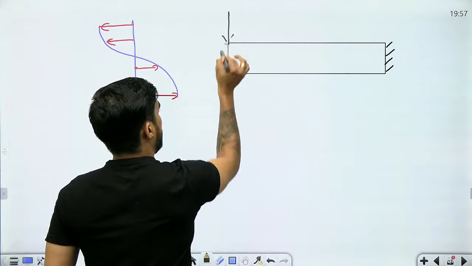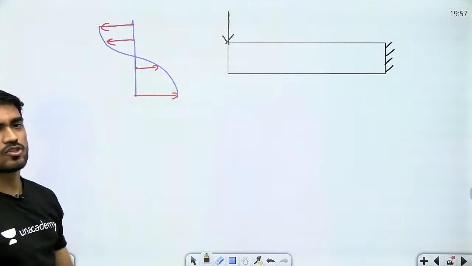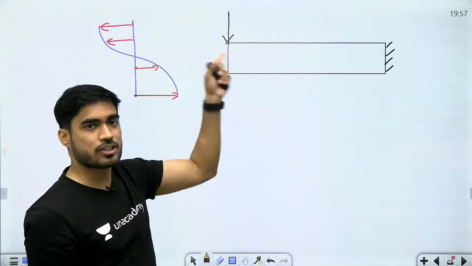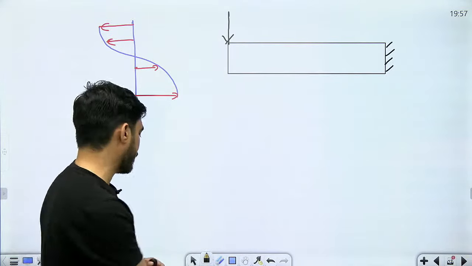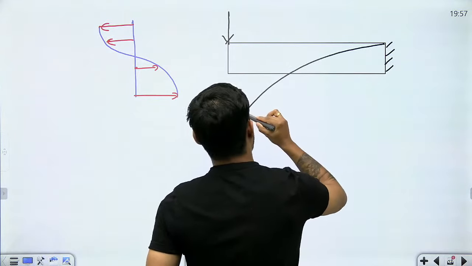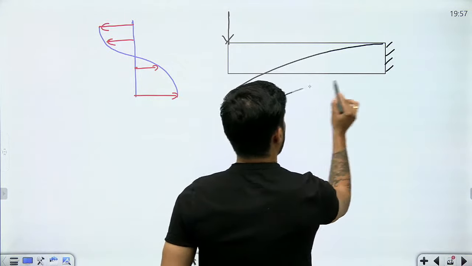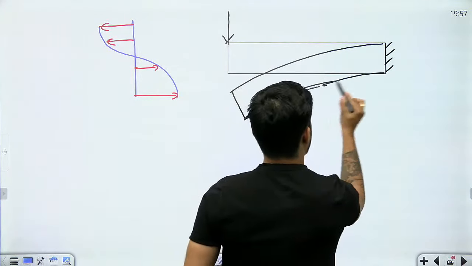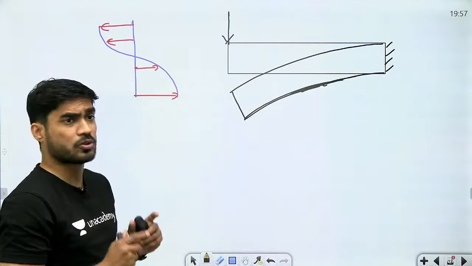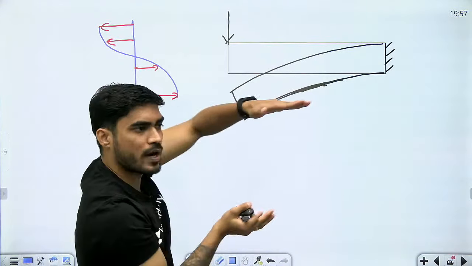Let's say we have a cantilever beam subjected to a force like this. So beta, in this case you will see that when the beam bends, there is also shear, right? जब beam bend होगी उसमें shear भी होगा. When the beam will bend like this, there will also be the effect of shear, because this is not pure bending, right? ये pure bending नहीं है, तो यहाँ पे shear भी होगा, और shear की वजह से क्या होगा? Due to the shear, all these planes will deform over each other.